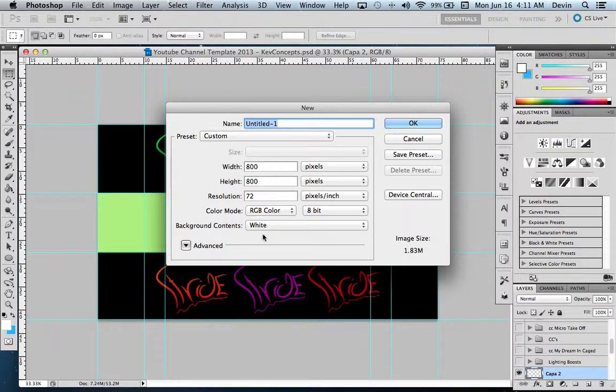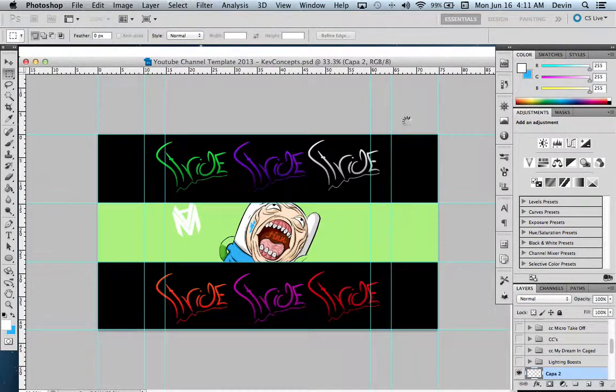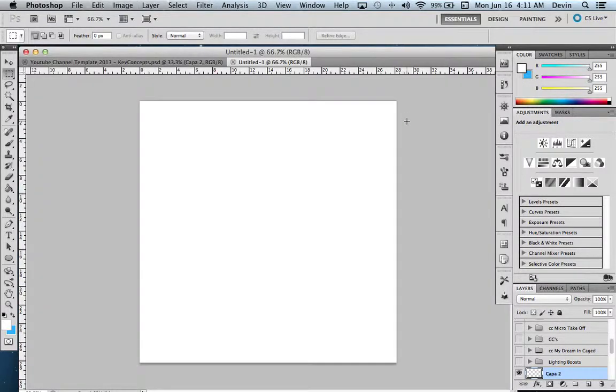But basically what you're going to need to do is an 800 by 800, because that is the size of the box that YouTube uses, and I know Skype uses the same thing. So these are the dimensions you're going to use to make sure that it fits. It doesn't matter what color you have, because in reality we're just going to be deleting it anyway, because you want to have a transparent background so that you can put the logo in anything without having to save it